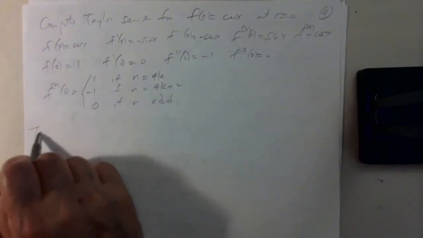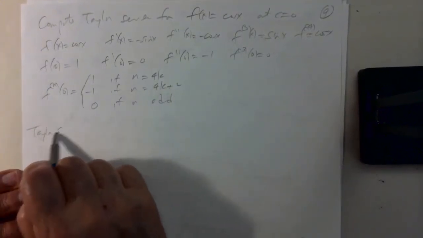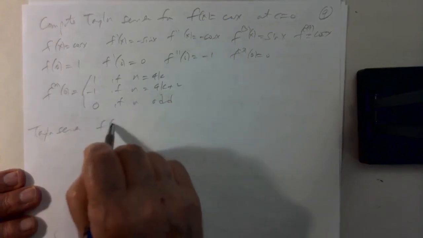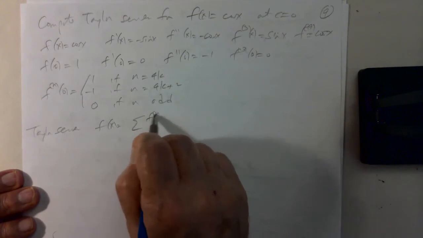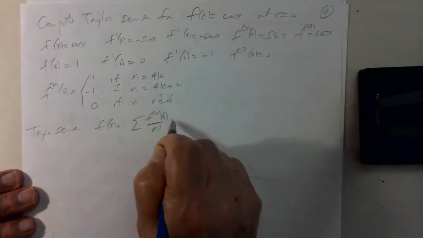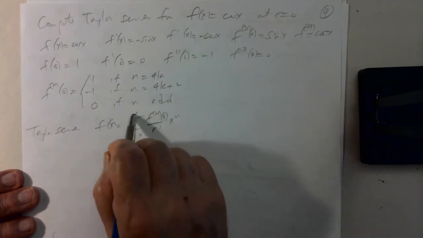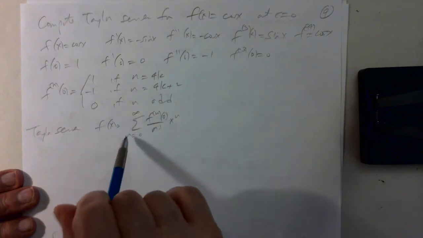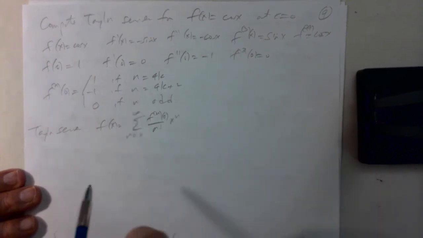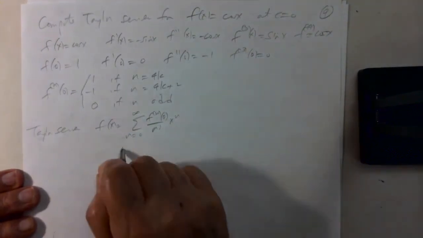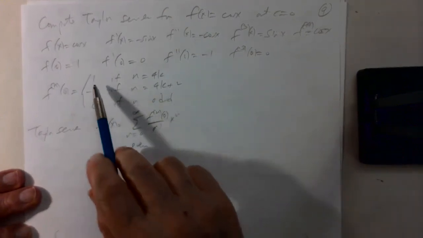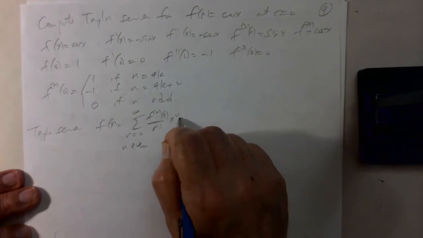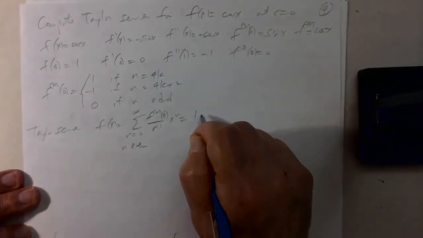So the Taylor series for the cosine looks like the summation of f to the n of 0 over n factorial x to the n, and goes from 0 to infinity. But of course, if n is odd, the derivative is 0, so we only have to go through even numbers. And the even numbers will oscillate 1, minus 1, 1, minus 1. So you get 1 minus,